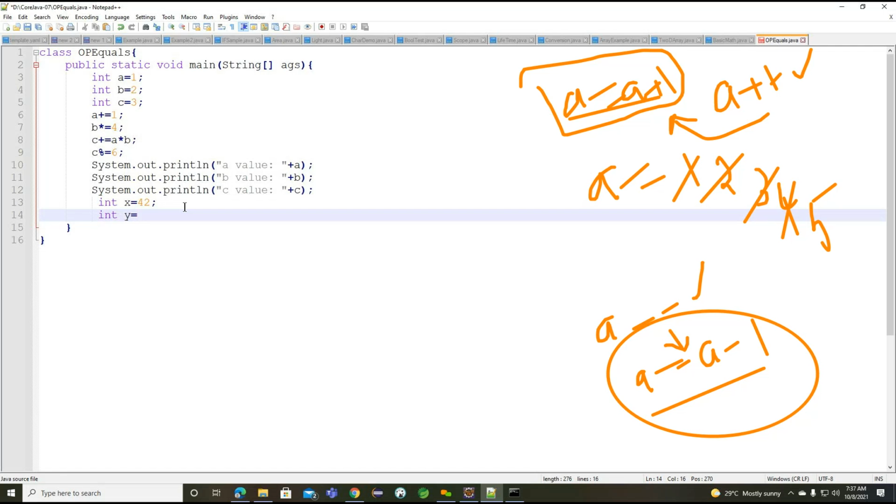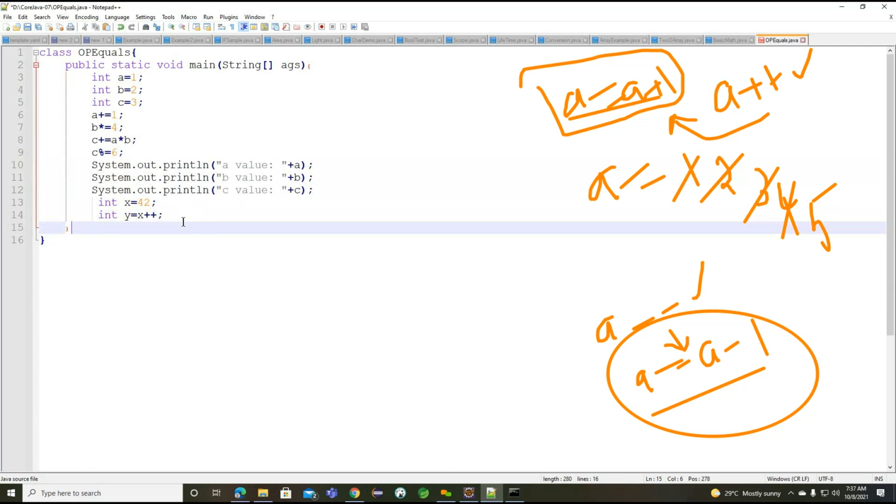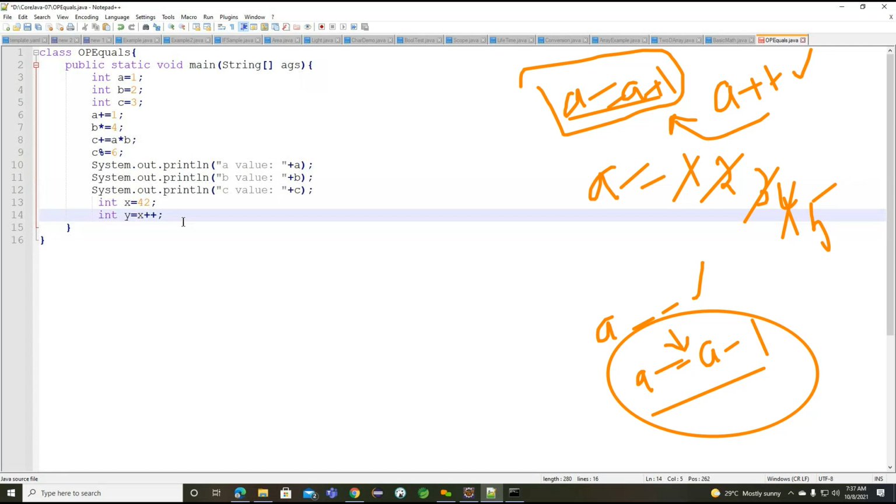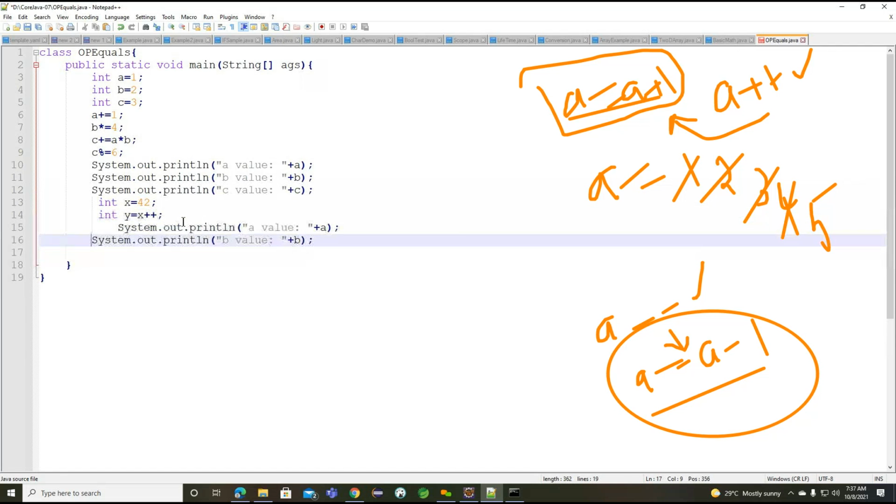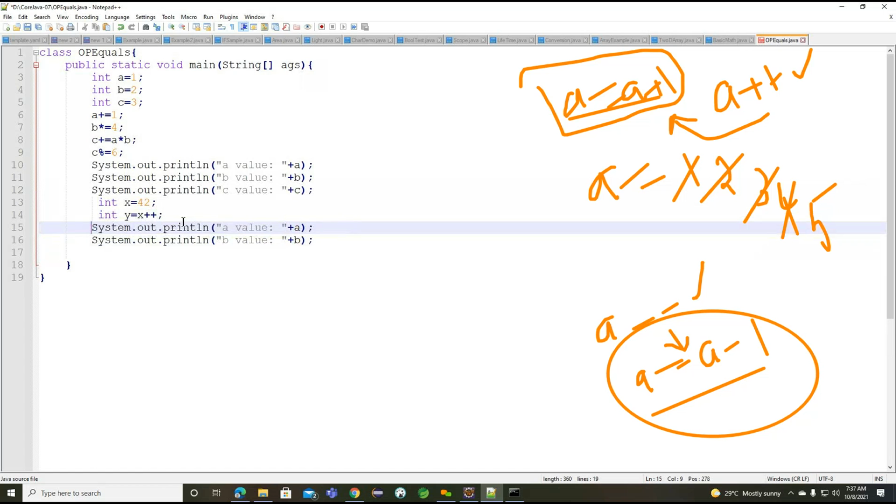Instead of writing 42, we can go for x++. So this is the simple example I want to write here. And after this, we'll try to write more examples on increment and decrement.